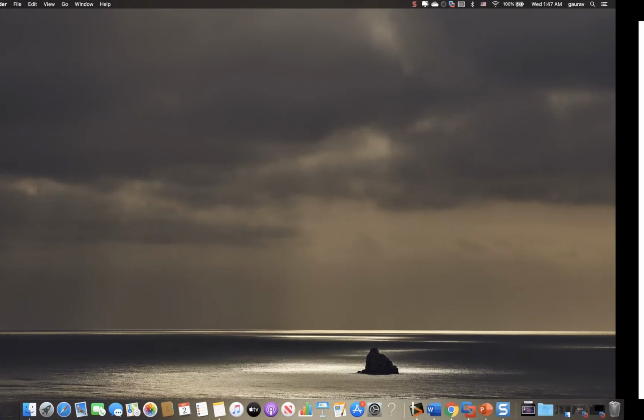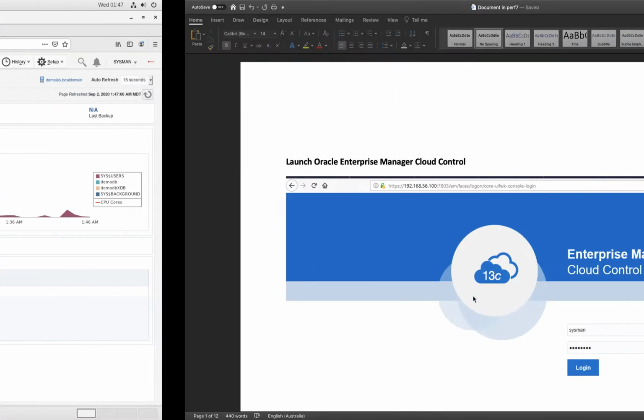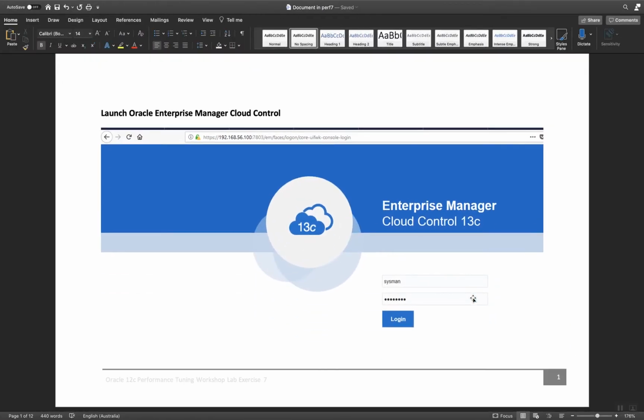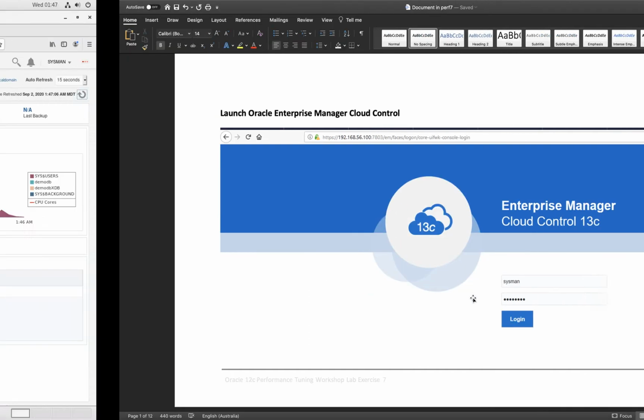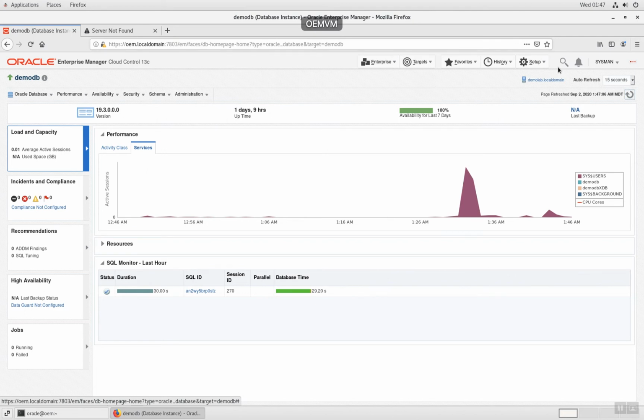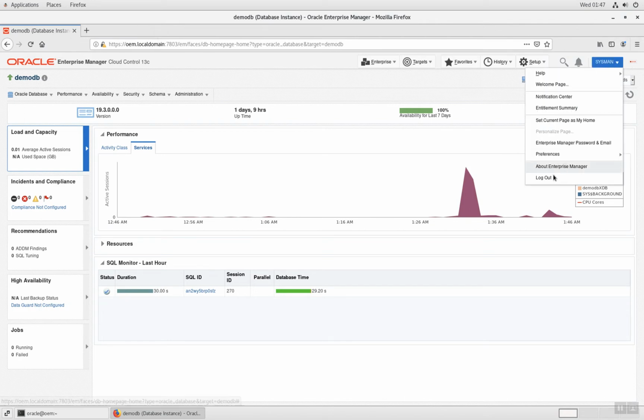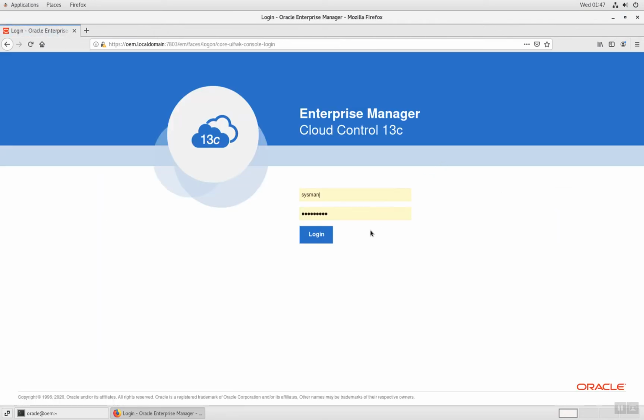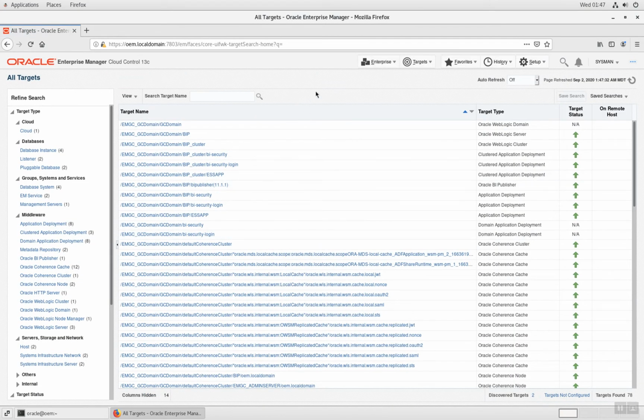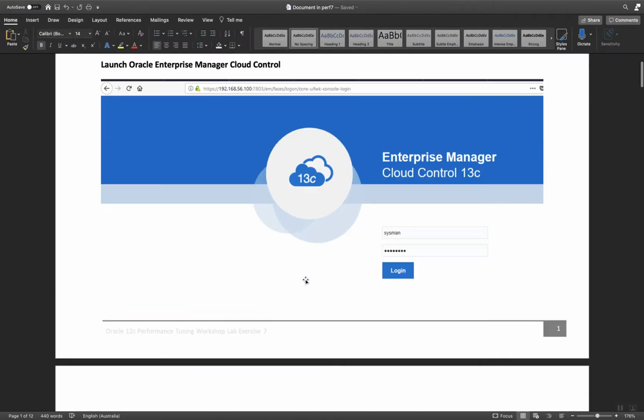It says to launch Oracle Enterprise Manager Cloud Control, and I've already done it here. Let me just log out and log in again. Yep, I have my password and all these things set up. If you want to know how to start this service, I have another video on my channel, you can look into it. Okay, once this is done,